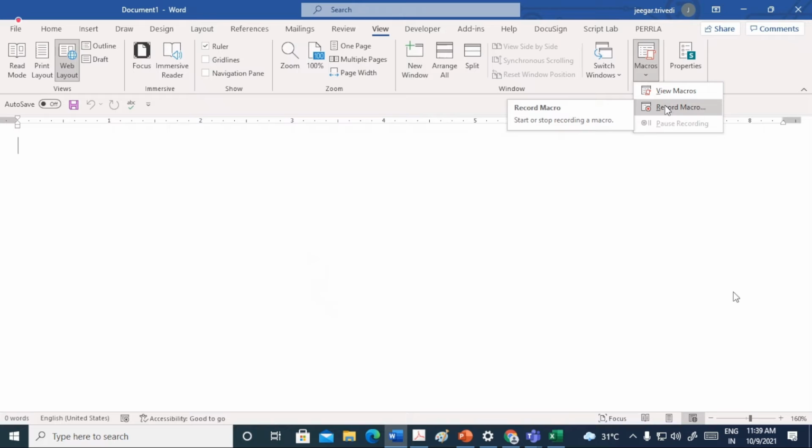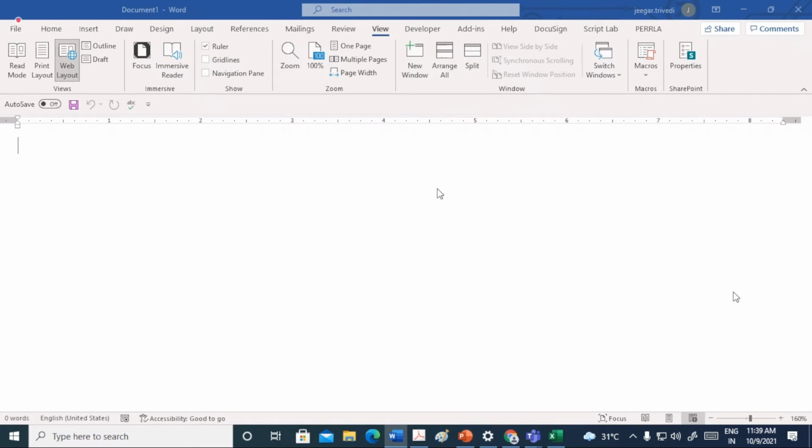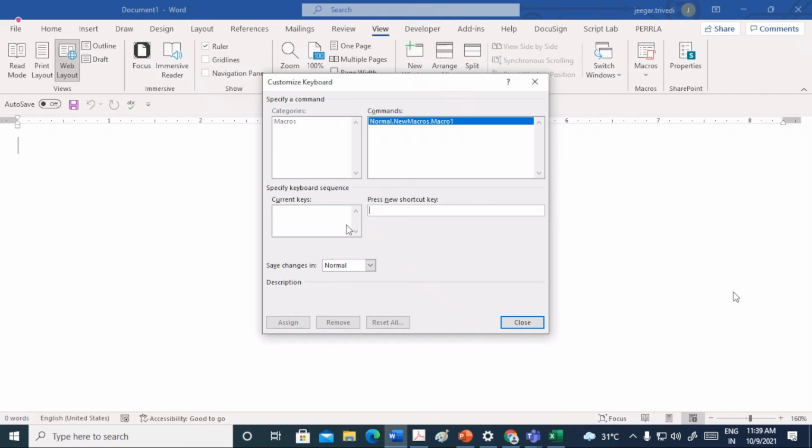What I'm going to do is record macro. It will ask for the name. Let it be macro 1, and here you can give the shortcut keys by which you want to record. So I'm giving the shortcut key Alt 7.